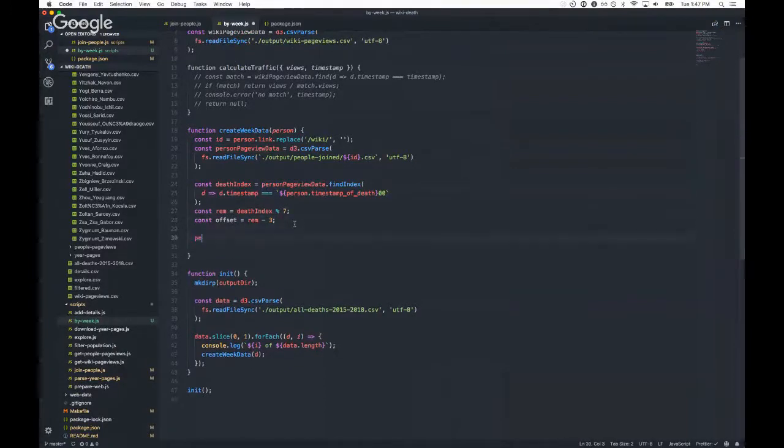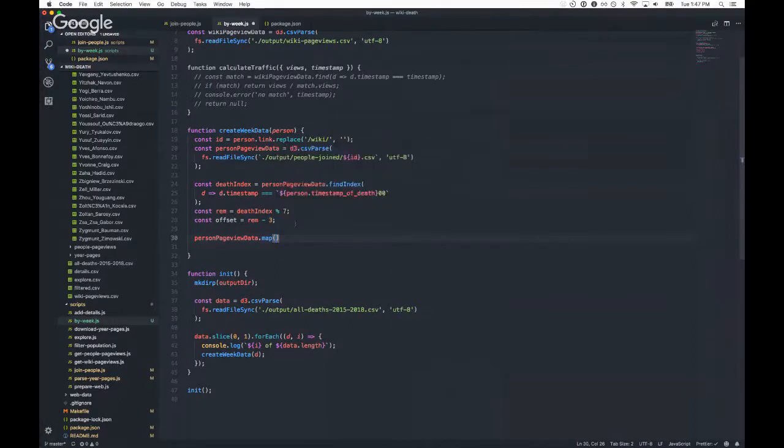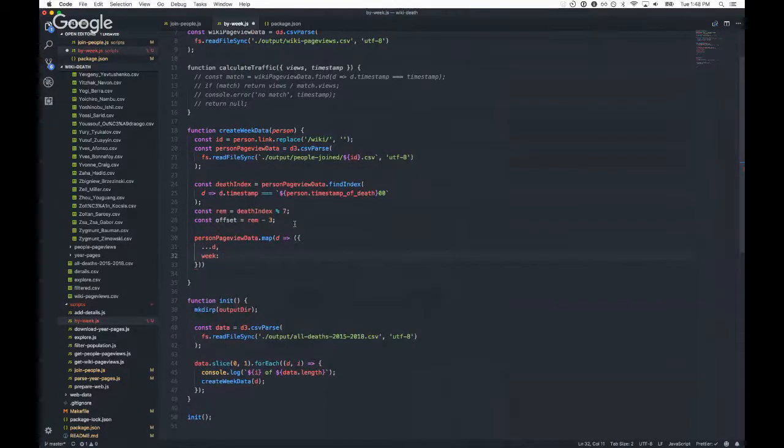So let's map over person page view data, and all we're going to do is return everything, but then add a week to it, which will be b dot timestamp index, and we need to turn it into a number, plus offset